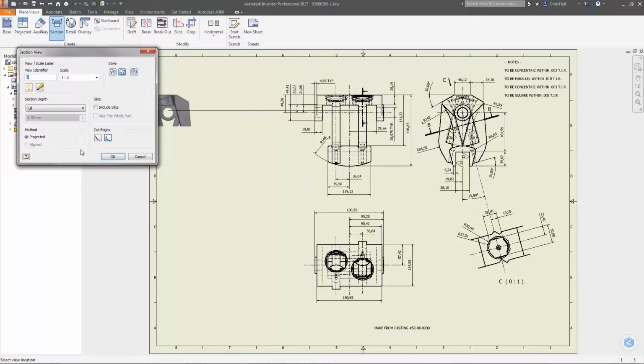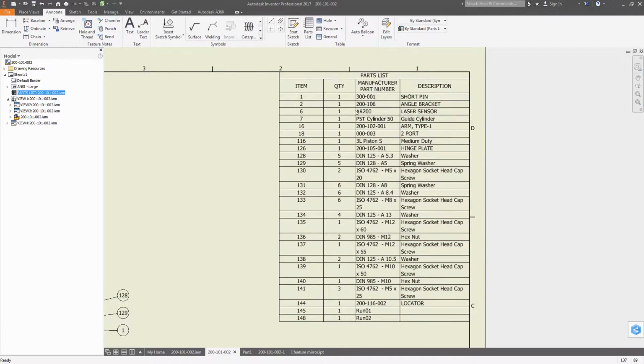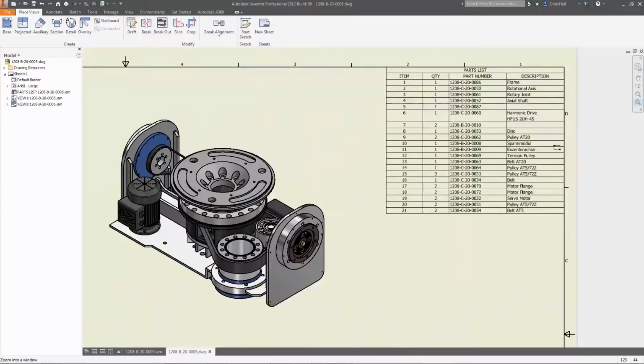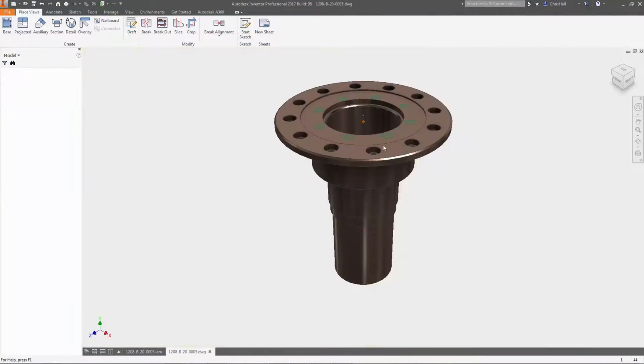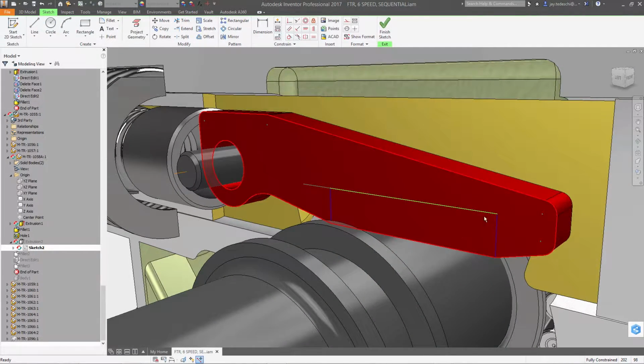Drawings have also been enhanced with a new option to use a jagged line to display cut edges for partially sectioned components in a section or detail view. Column and table header rows now support text wrapping, and parts can be opened directly from parts lists in the drawing. From part and assembly modeling to surfacing, sheet metal, drawings, and more, the core modeling tools inside Inventor 2017